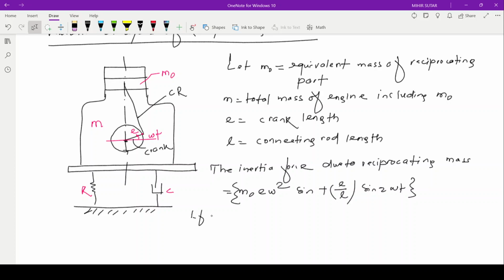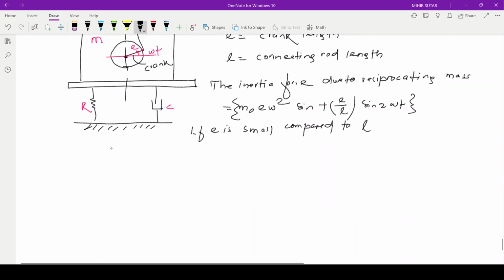If e is small compared to your L, the second harmonic component may be neglected, means this component may be neglected,